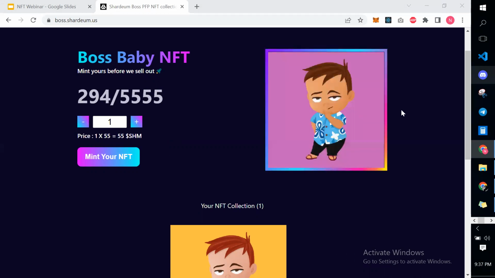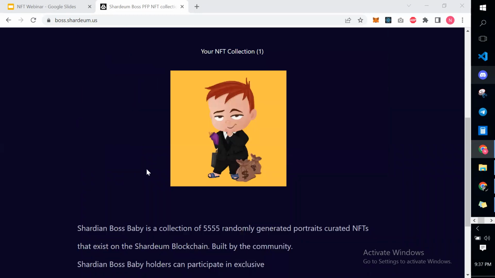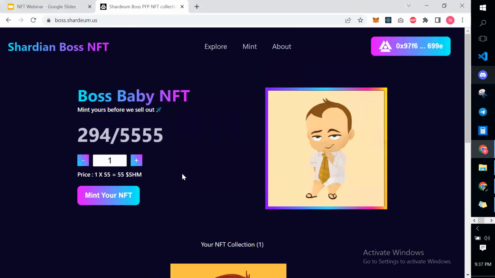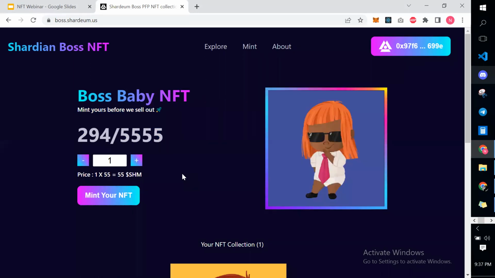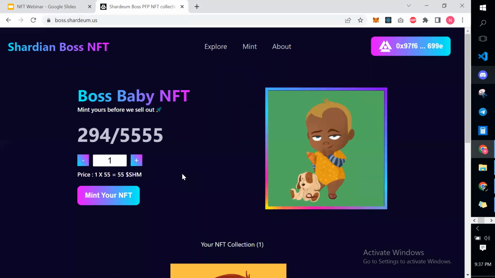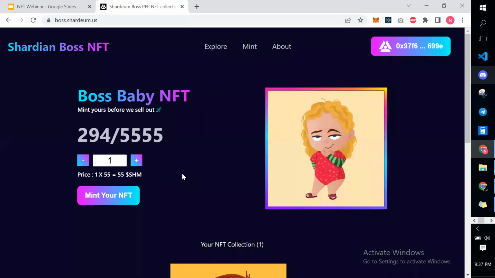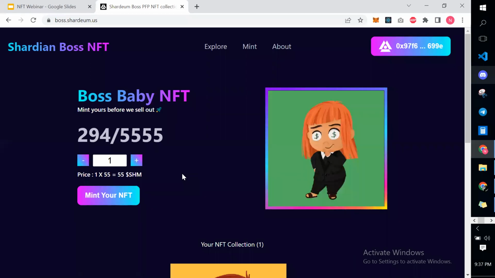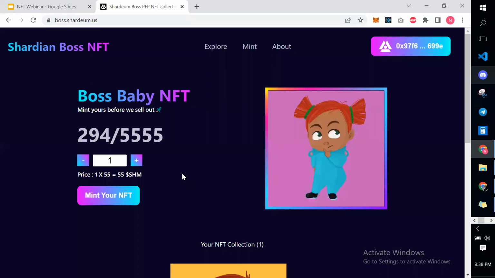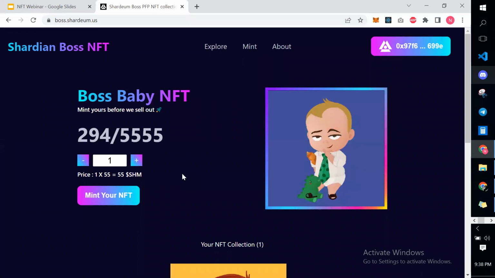So this is the collection of Boss Baby NFT. Now, what we will do is write a smart contract for this one and deploy it to the Shardeum network. You will also follow along with me, and whoever deploys the smart contract,